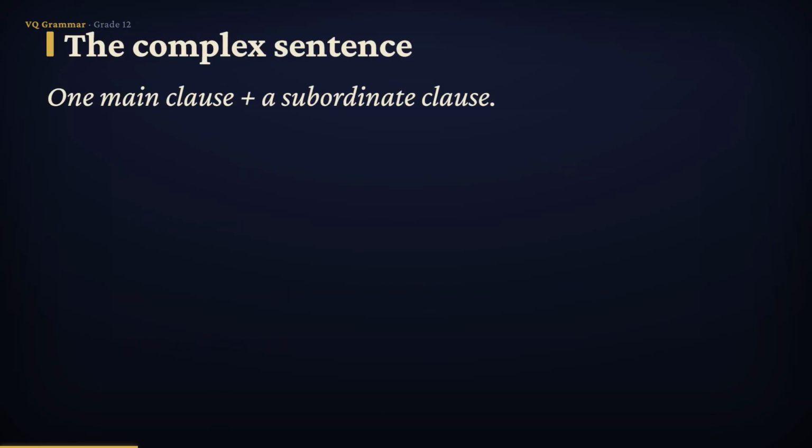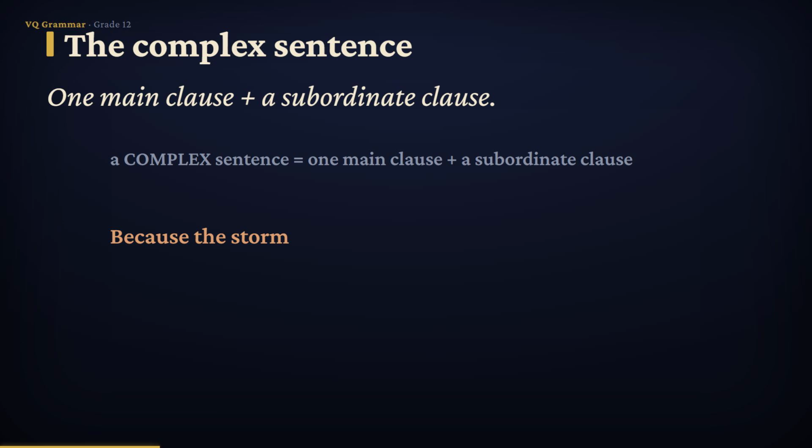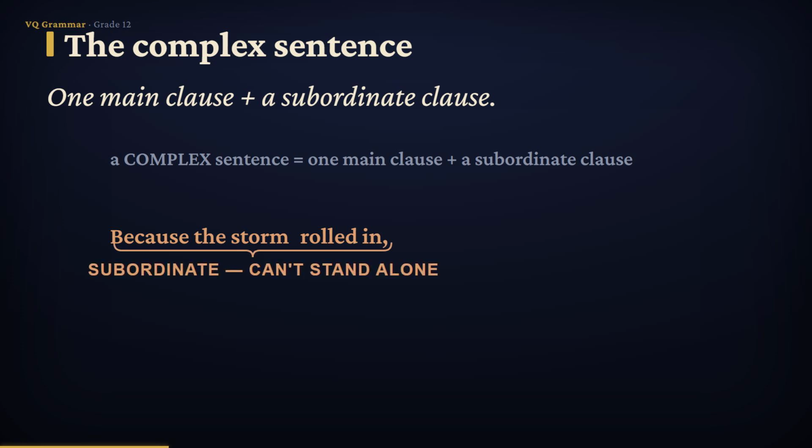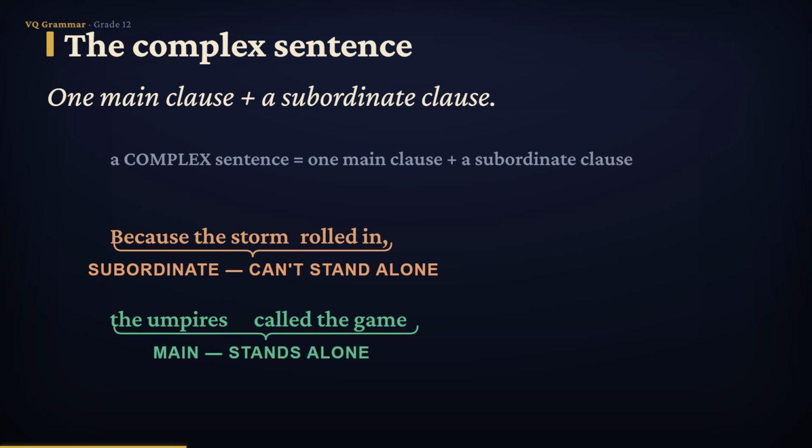Now the third structure, the complex sentence. A complex sentence has one main clause plus one or more subordinate clauses. Let's watch the pieces locked together. First, the subordinate clause: "Because the storm rolled in." Say it aloud and you feel it can't stand alone. It leaves you waiting. Now the main clause: "The umpires called the game." That one stands alone perfectly. Put the incomplete piece in front of the complete one, and one main clause joined with one subordinate clause gives